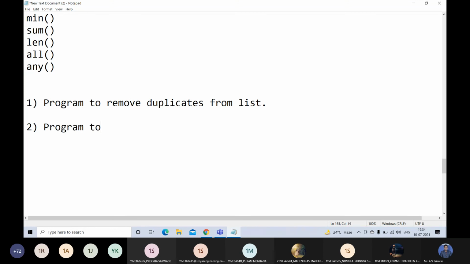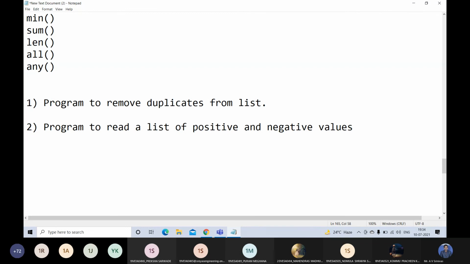Another program is to read a list of positive and negative values. You have to take a list.